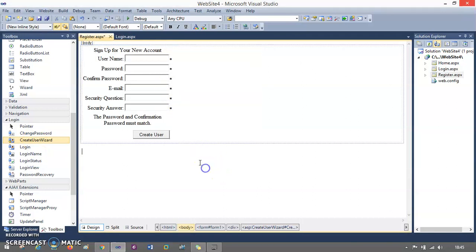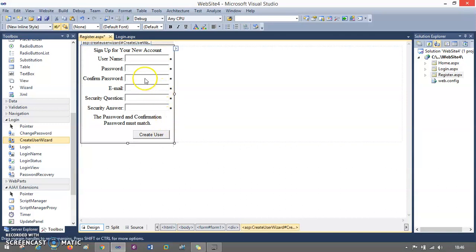Okay, so I'll drag and drop create user wizard. So you can see this is a sign up for new account. So there you had created one new user, right? Remember, in the ASP.NET configuration you had created one new user. Now with the help of this sign up new account, you can create another user in that part only, right? So you had drag create user wizard,